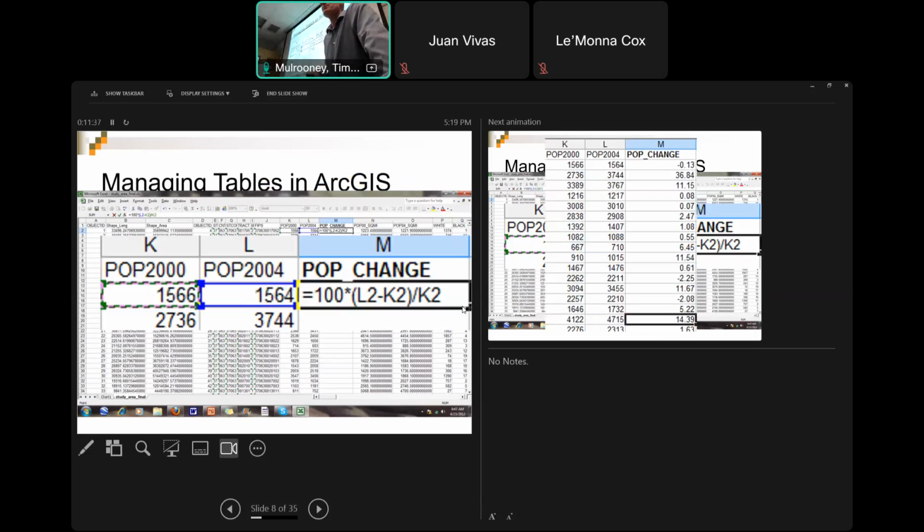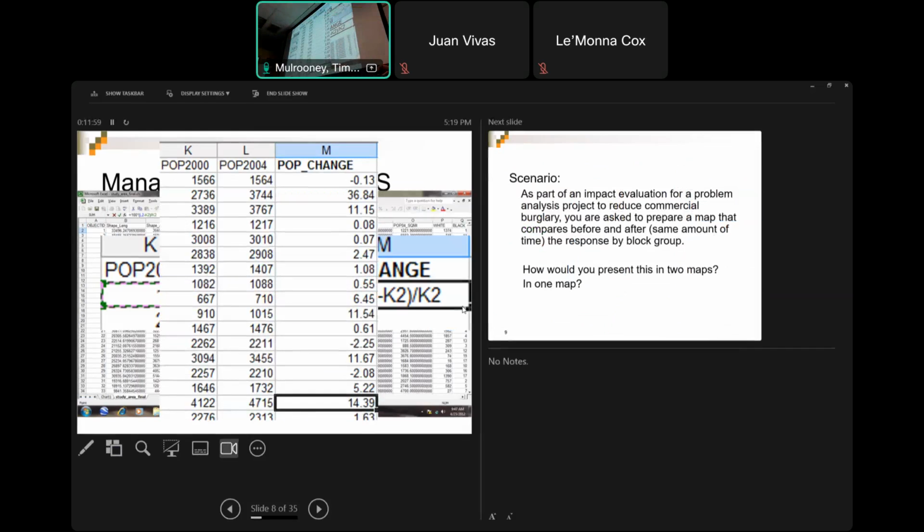Can you get negative population change? Of course, population has gone down. So think about what the possible values are, because things like percent Hispanic by county can't be more than 100. But population change, if I go from 100 to 300, that is a 200% population change. It means we've doubled or added more, more than 200% more.